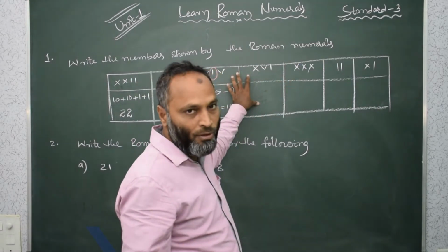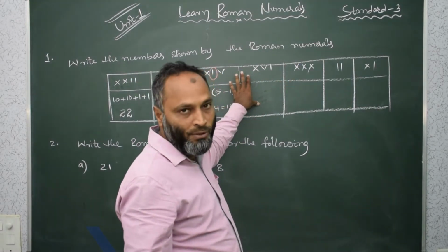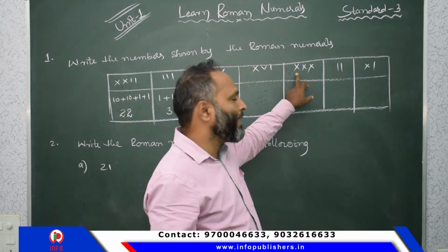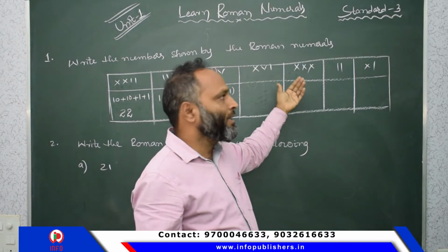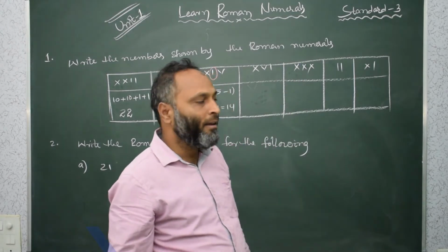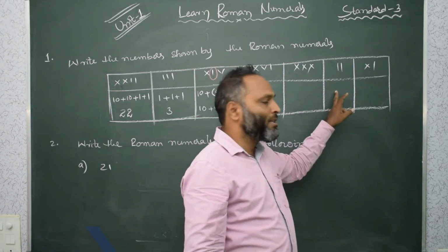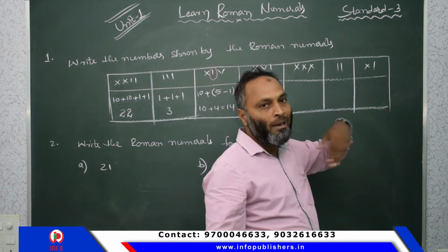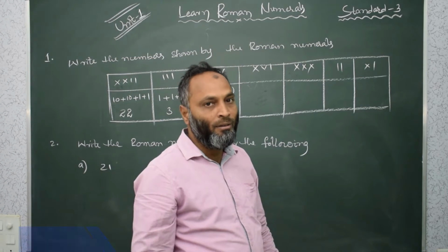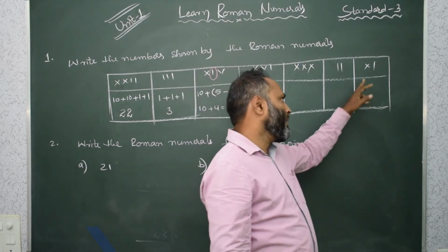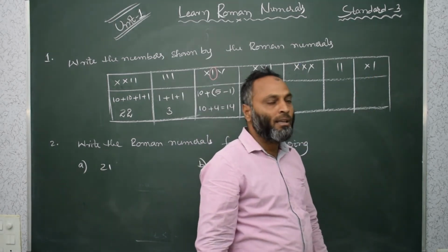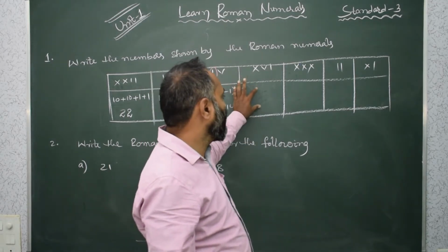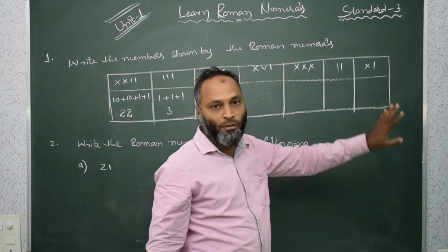Then in the same way, here also the same. According to the first rule, you have to do this as homework, and this also as homework. This repeats 3 times, which means you have to add. Here it repeats 2 times, you have to add. Here the smaller Roman numeral is on the right side of the bigger Roman numeral, then you have to add, 10 plus 1, 11, like this. These 4 questions, 1, 2, 3 and 4, are your homework assignment.